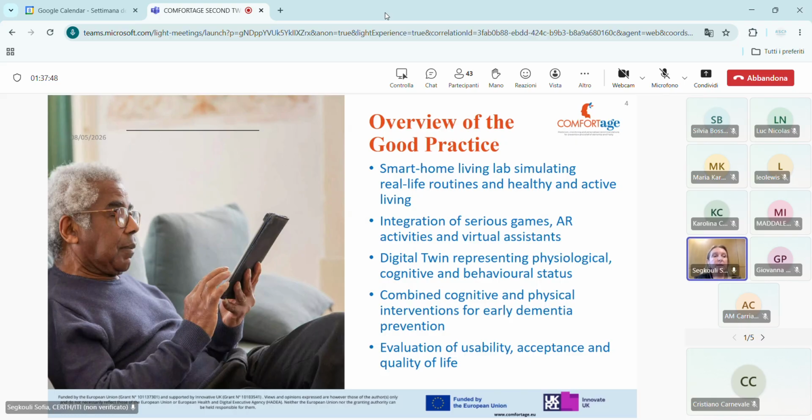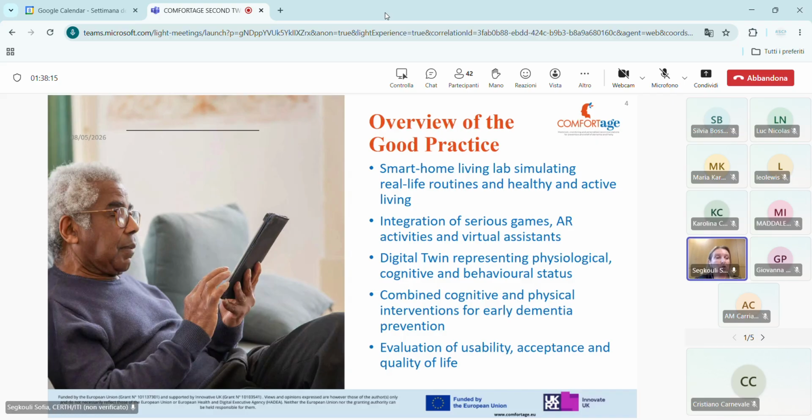The digital twin provides a holistic representation of each participant's physiological, cognitive, and behavioral status, enabling more personalized monitoring and intervention. By integrating both cognitive and physical intervention, we are targeting to promote the overall well-being of this specific